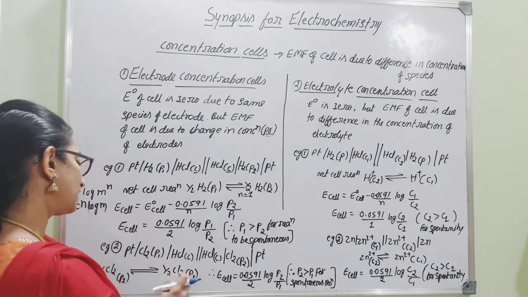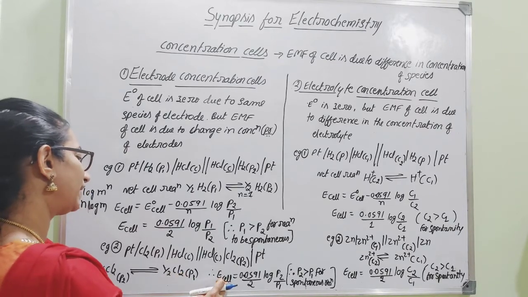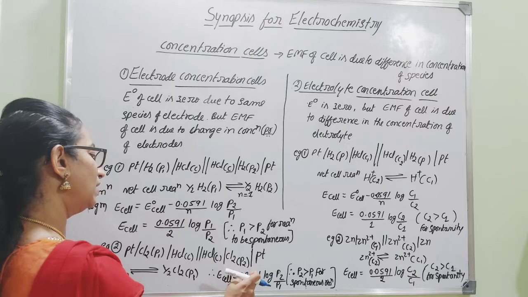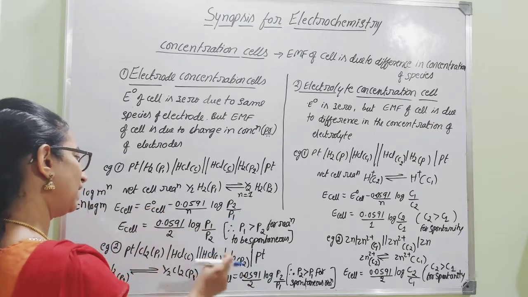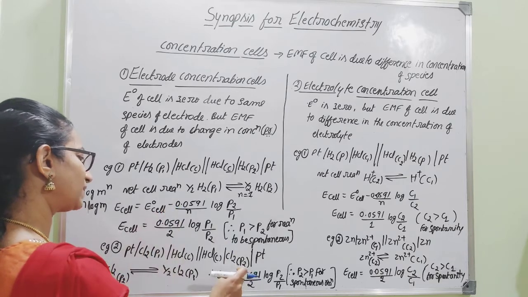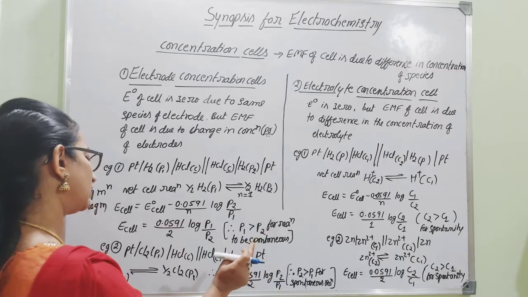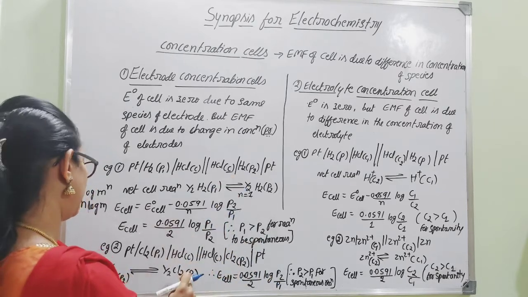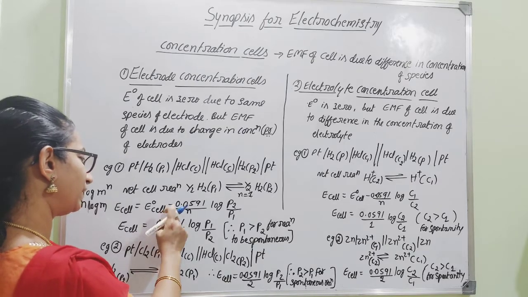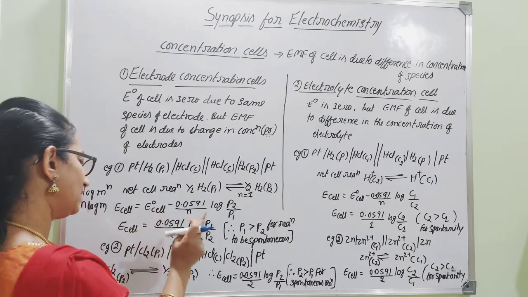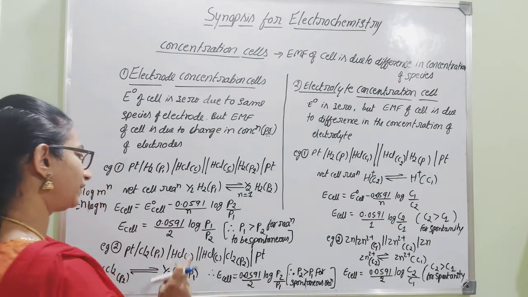Then, once you consider this the overall cell reaction, if you write E cell is equal to minus, we can take the same format as the previous equation, and later here also you will get minus. Initially we can consider P1 by P2 with a negative symbol. But once you change that negative into positive, P1 by P2 becomes P2 by P1. Got it? That is the main difference.